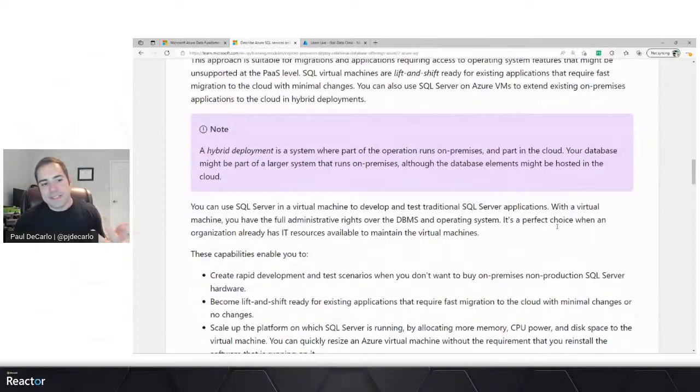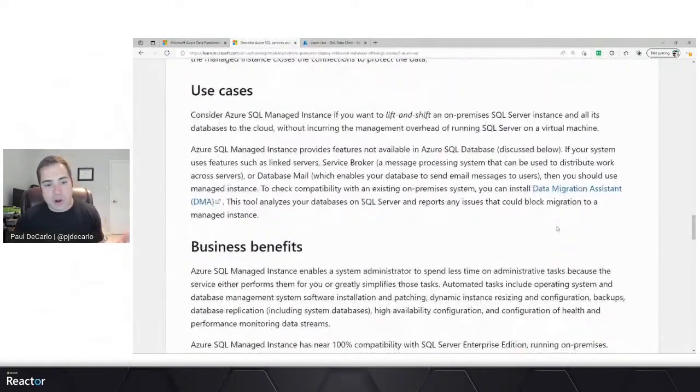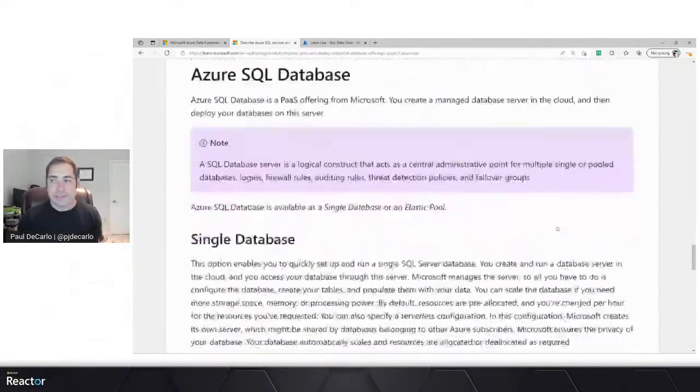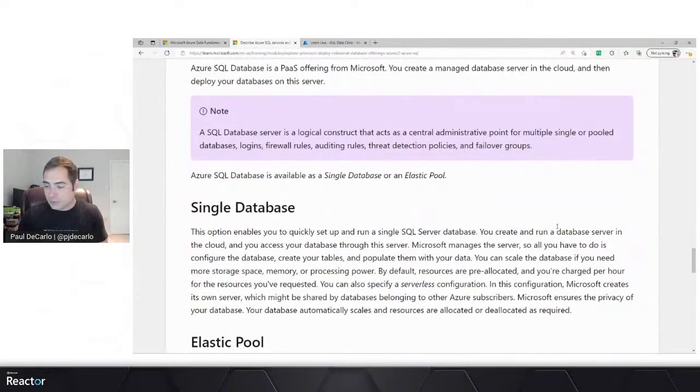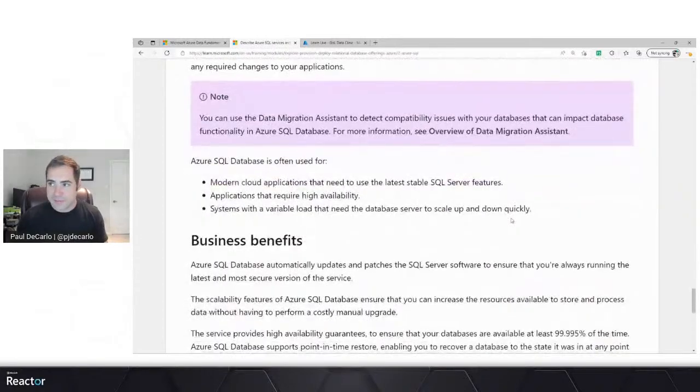So for the business benefits that are provided here, in the interest of time, we're not going to cover all of those, but just understand that each of these different offerings, for the aforementioned different reasons or different characteristics of those deployments, there are different benefits that come with that. And we go into a lot more detail here, but just don't have the necessary time to cover those in our live stream today.